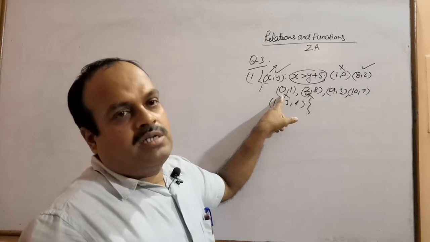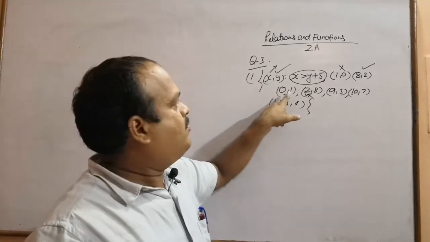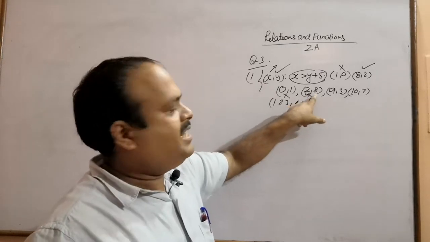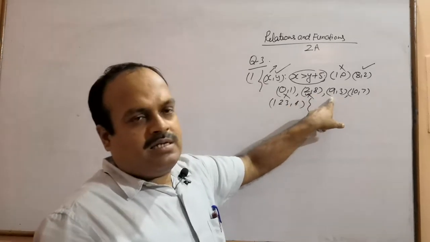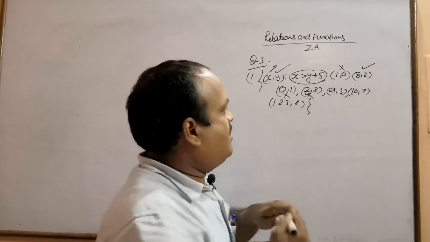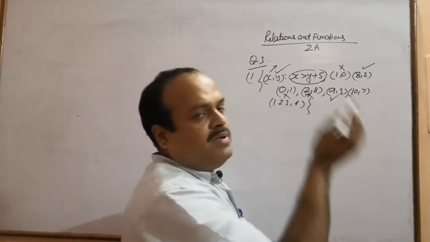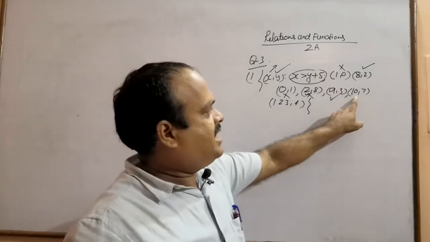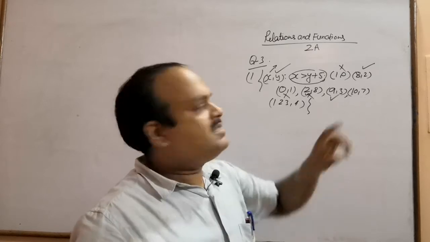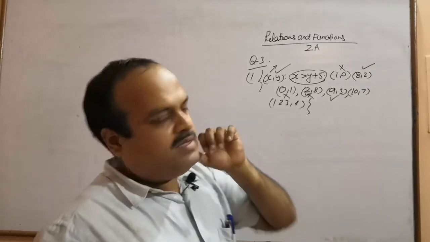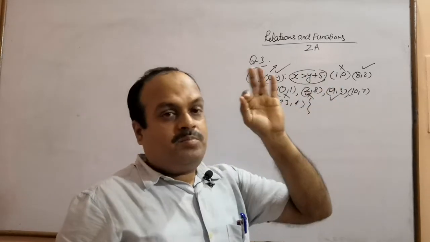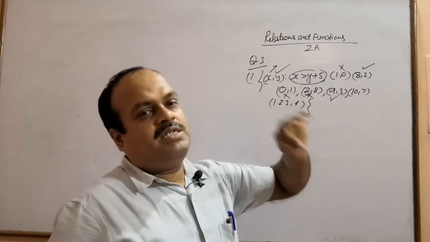0 is not more than the sum of 1 and 5. 2 is not more than the sum of 8 and 5. 9 is more than the sum of 3 and 5. Yes, so this ordered pair will be in the relation. 10 is not more than the sum of 7 and 5. This relation says the first entry is more than the sum of the second entry and 5.